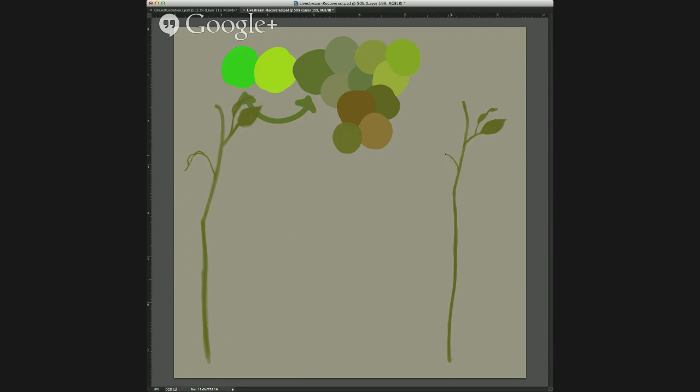So I'm going to do the same thing over here. And when I'm thinking about this, I'm just thinking about doing something that isn't this and isn't this. So as I keep doing my leaves, I try to create something slightly different from each other. And obviously you're just not going to be able to do that all the time. You're going to have to repeat some shapes and forms. But for the most part, I try to keep it as different as I can until I start to get to that phase where it's like, okay, now I kind of have to repeat